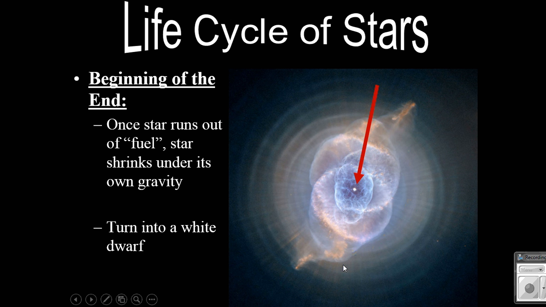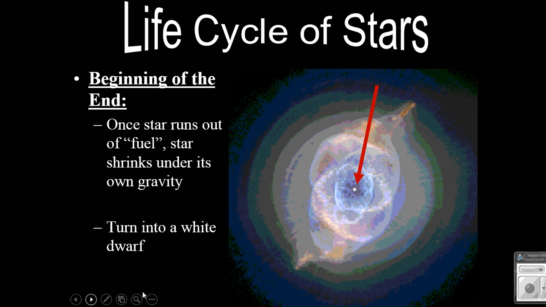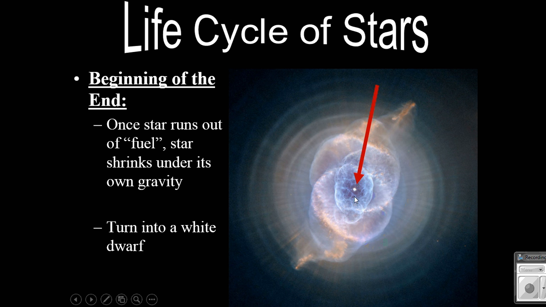So once again, here's another one. This is called the, oh, I'm sorry, this one was the Cat Eye. This one's the Helix Nebula, and here's our white dwarf in the middle. Here's its planetary nebula, all the gases that it's shed, and it turns into a white dwarf. Now, the white dwarf